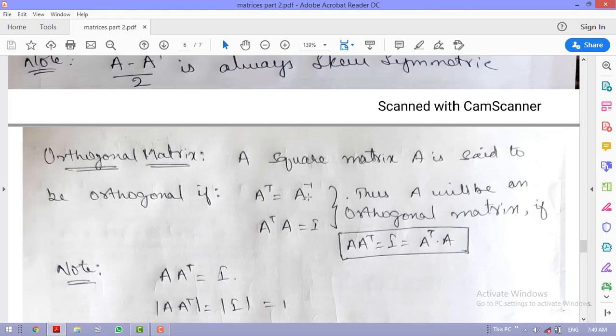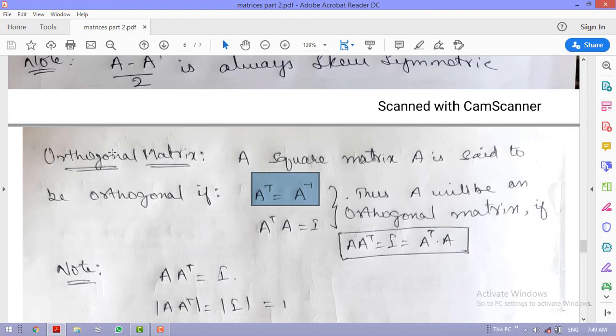Before, I didn't show you A inverse, so if you know it, that is well and good. If not, I will show you in the next video what A inverse is and how to find it. It is as simple as that: if it is a 2 by 2 matrix A, B, C, D, then A inverse will be D, minus B, minus C, A. If it is a 3 by 3 matrix, then that has a different operation.